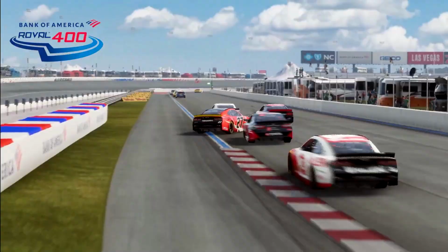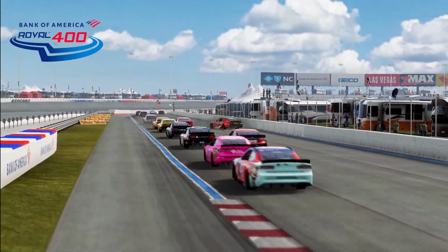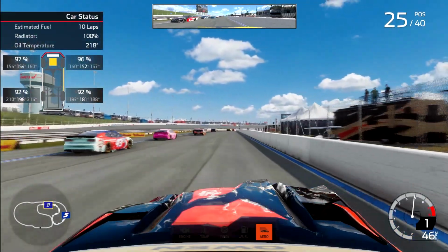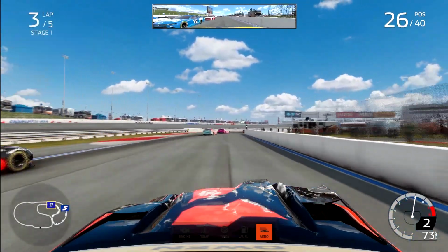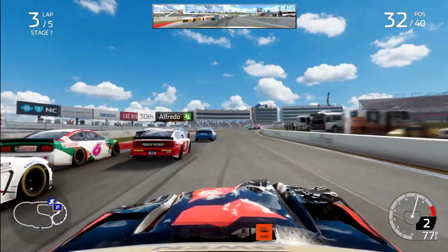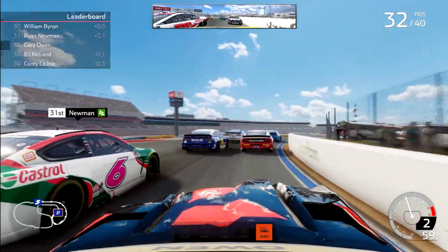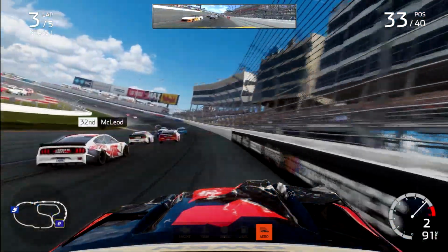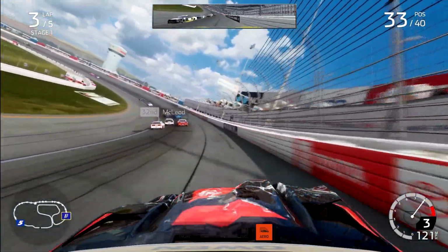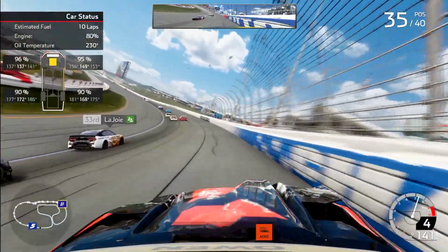Now, speaking of aggressive, we're going to go crashing into the barrier there on the exit of the right-hander. We caught the curb. It kicked the car out. Significant damage to the front of the car. You can see it on the left top of the screen, and our car is immediately significantly down on horsepower, and it was just a simple error on my part. I throttled up, I clipped the curb with one of the rear tires, and it just hooked the car, and I think we could have gotten away with it. However, Ty Dillon was right there and clipped me in the right rear quarter panel and basically just dealt the